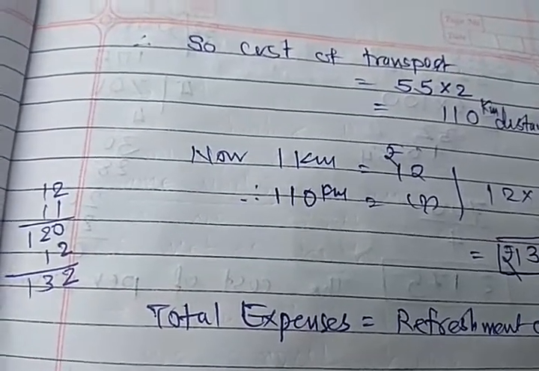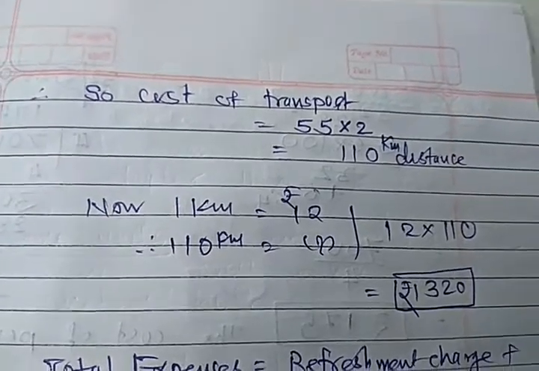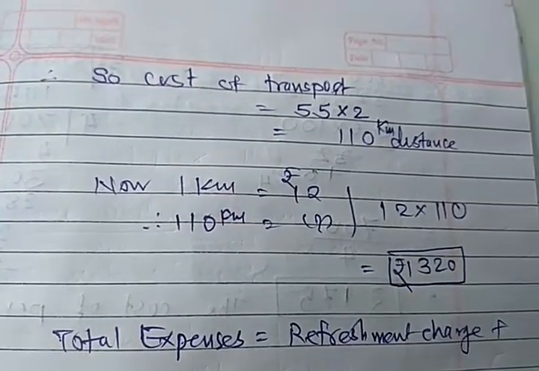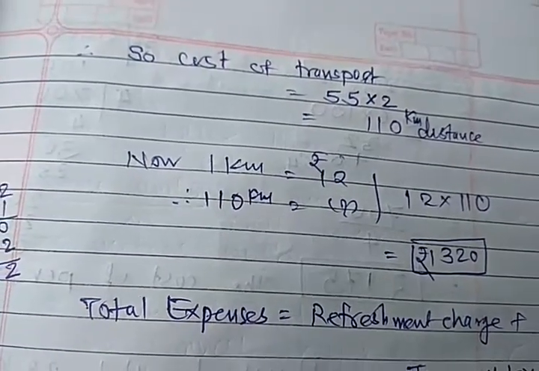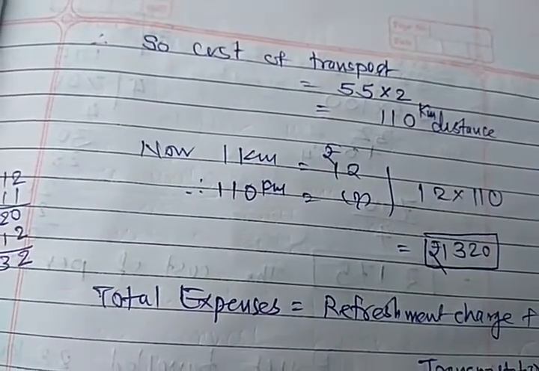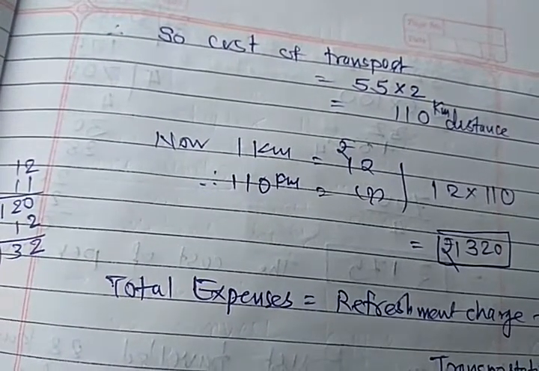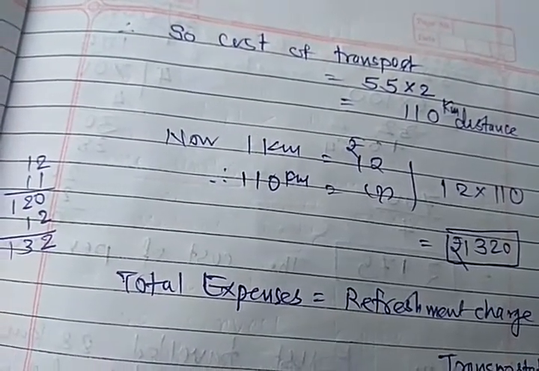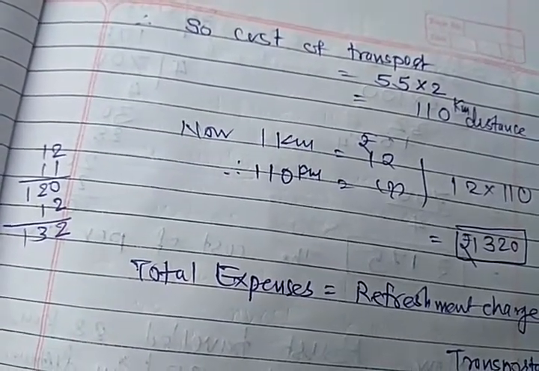So first of all we have to find out the total cost. Transporting cost, because you see that in the third paragraph the picnic site is 55 km from the school and the transport company is charging at the rate of 12 rupees per kilometer, and the total cost of refreshment means snacks will be